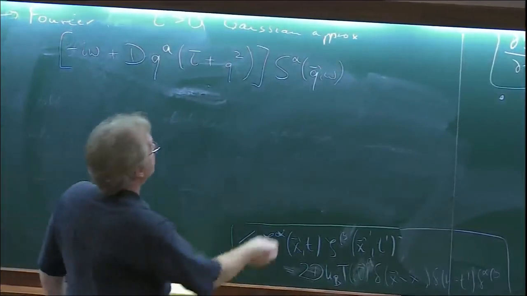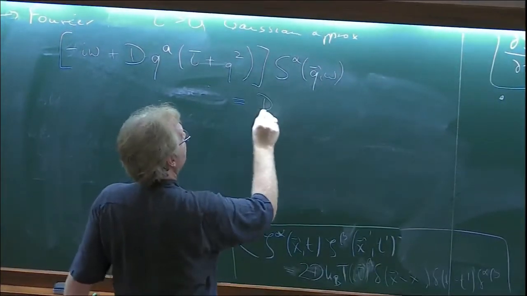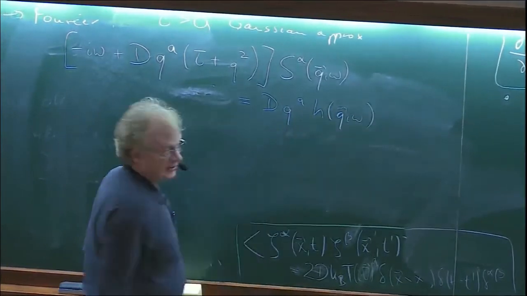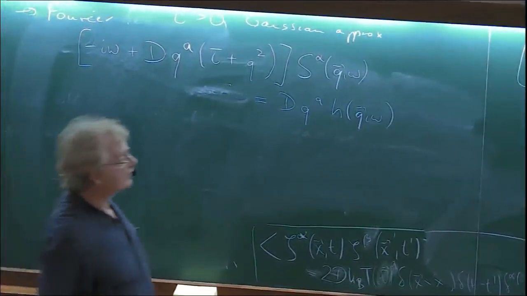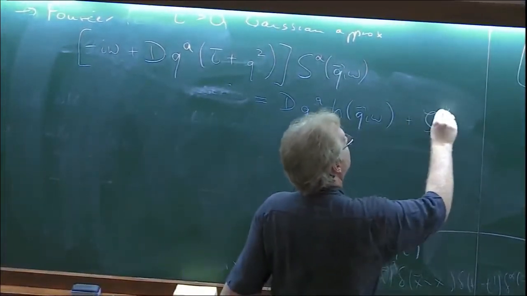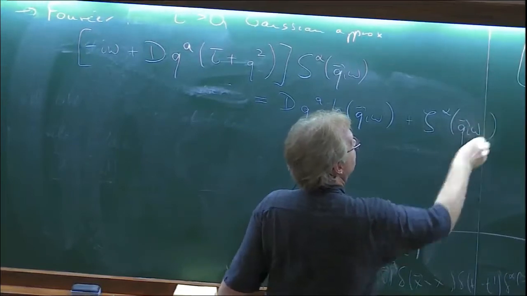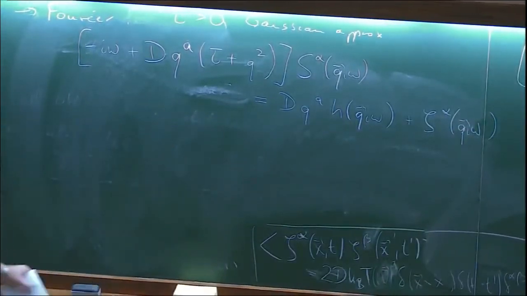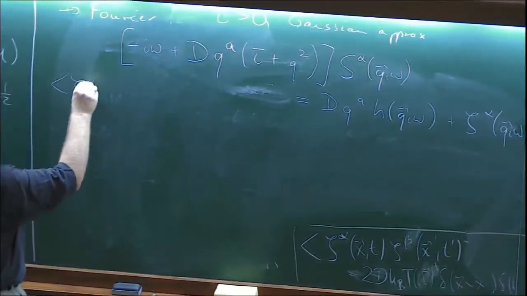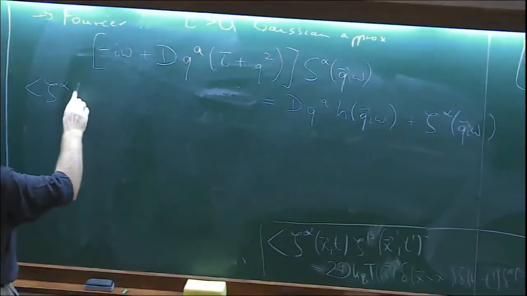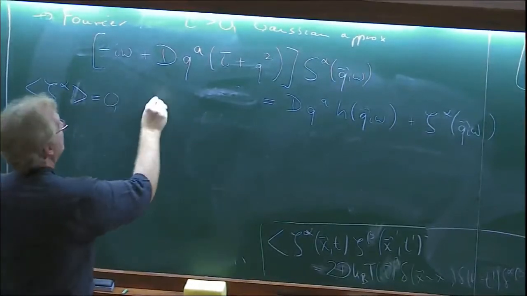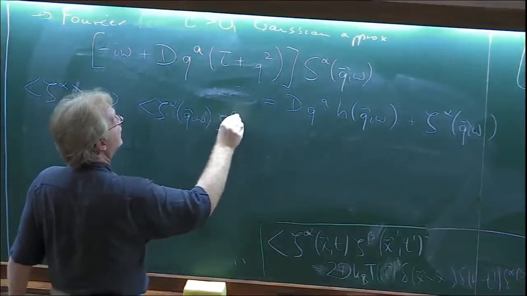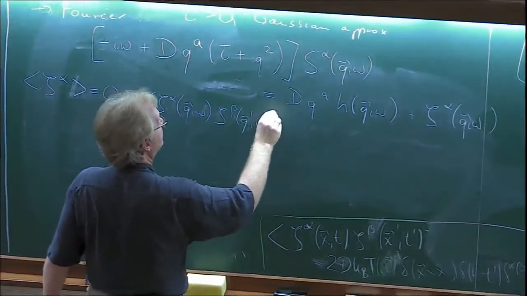And then on the right-hand side, what I have left is D q to the a, Fourier component of a potentially driving external field, and Fourier components of these noise fluctuations, stochastic forcing. So I need to specify what now happens to these. Well, even in Fourier space, of course, their average is 0. Well, I need to worry about the correlations. So q and omega, q prime and omega prime.